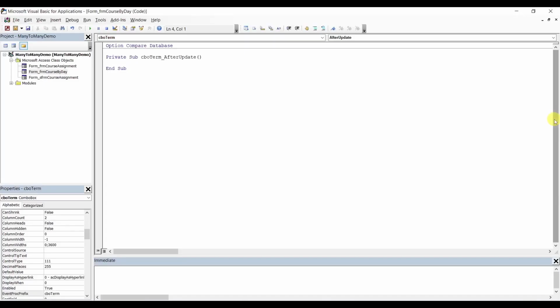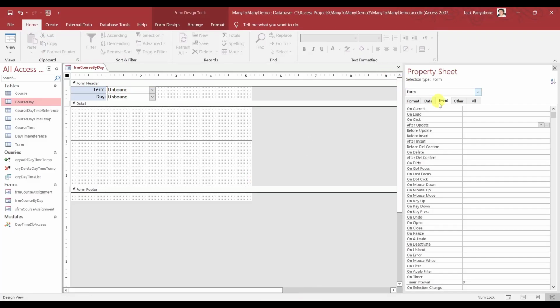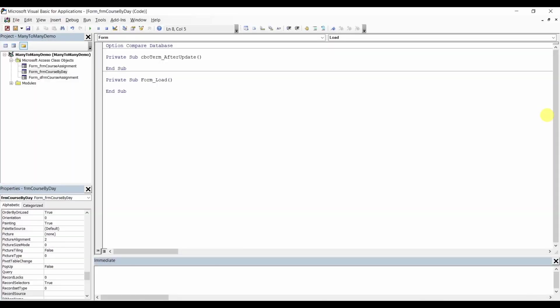Let's go in there, and then we'll say, let me think. Okay, you know what? Let's set the onload. What we want to do here is pre-populate the term equals Me.CBOTerm first item, which is 0. And then Me.CBODay first item. All right, and now on click,